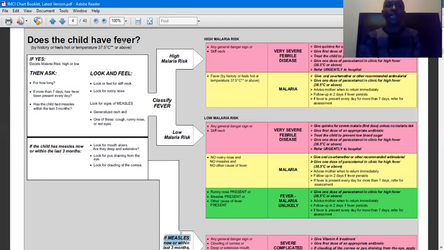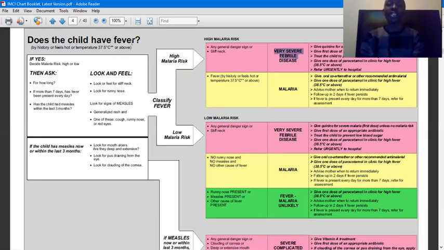meaning this fever is leading you to measles and not malaria. So if the child presents with fever and the child's malaria test comes out positive, it will lead you to high risk malaria. According to IMCI, you can classify fever as high risk malaria if a malaria test has been confirmed positive, and you can classify this fever as a very severe febrile disease